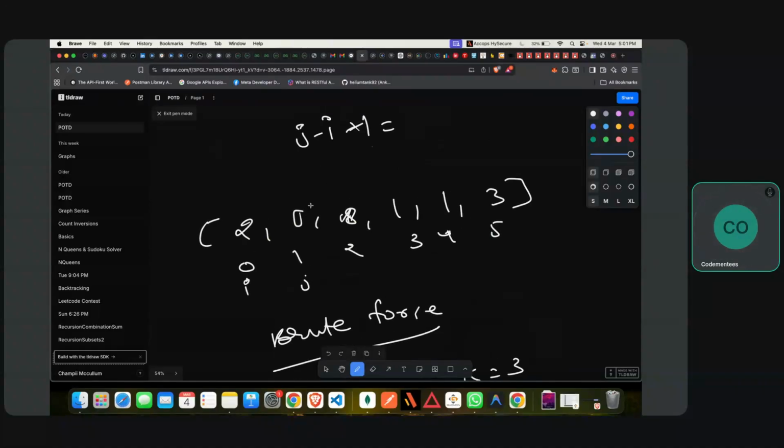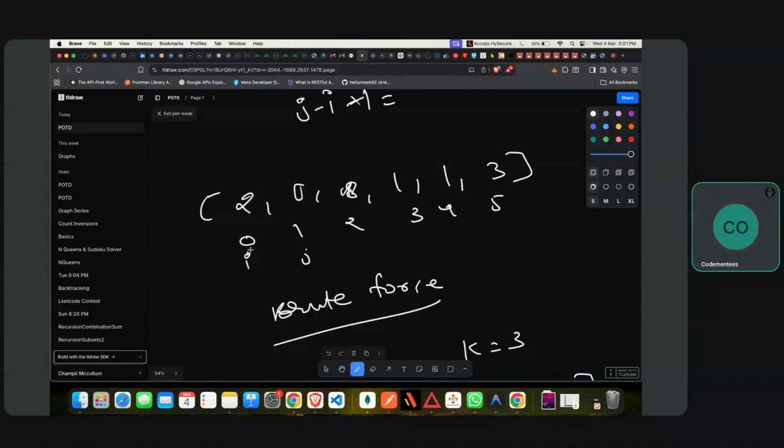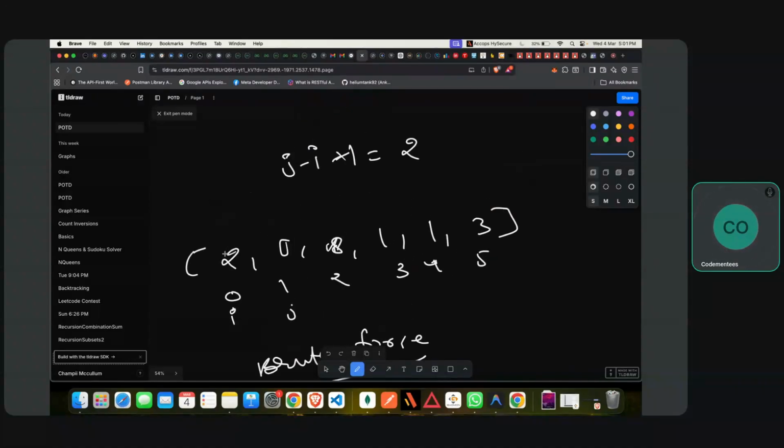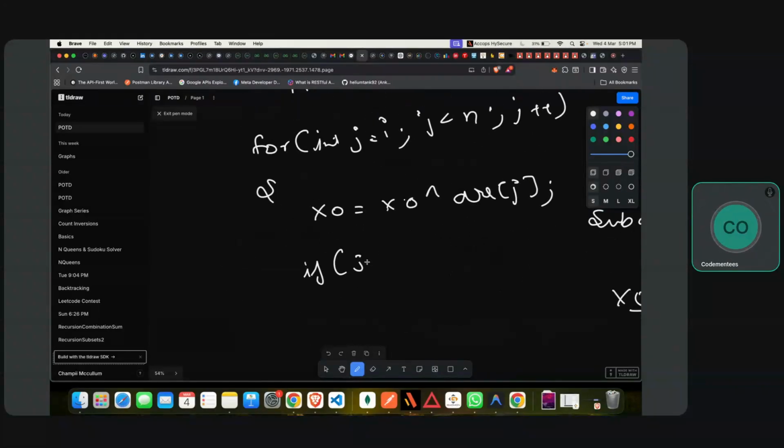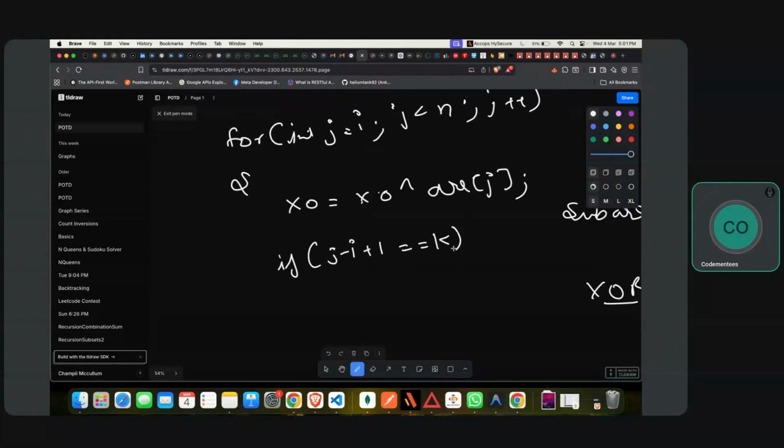So what does the formula say? If j is 1, then 1 minus 0 plus 1 is 2, so this is of size 2 simply. If j reaches up to here, then 2 minus 0 plus 1 is of size 3. So this formula will always tell you the current size of your subarray. So if my current subarray size is equal to K, then I am going to store,